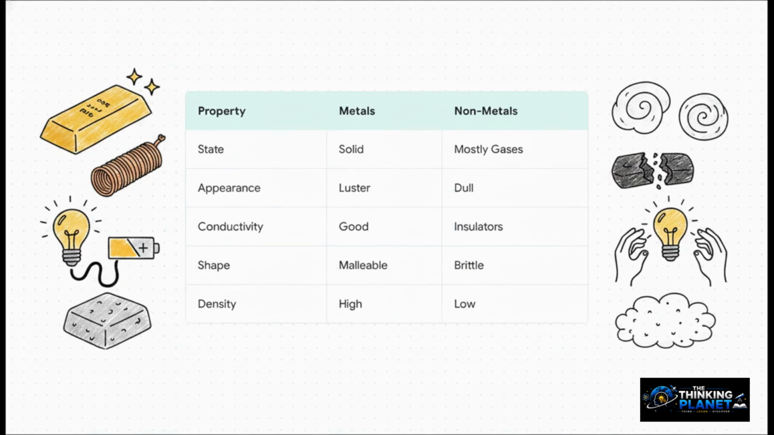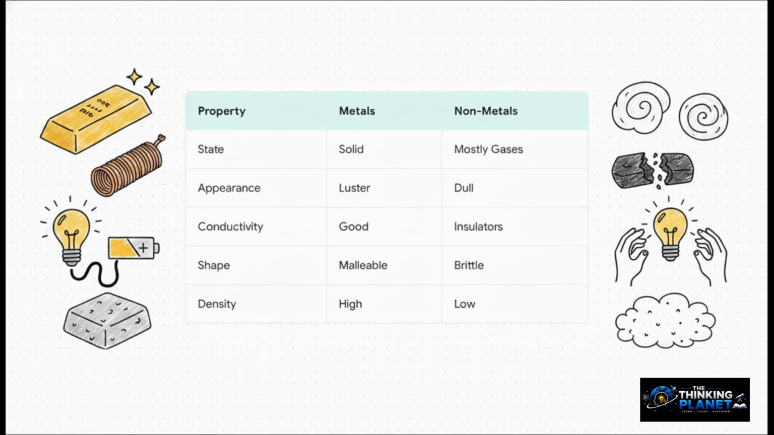Appearance, metals have luster, nonmetals are dull. Conductivity, metals are good, nonmetals are insulating. Shape, metals are malleable and ductile, nonmetals are brittle. And finally, density. Metals are high, nonmetals are low. If you can quickly sketch out this table on your scratch paper right as your exam starts, you are going